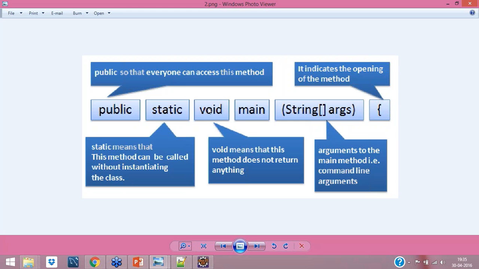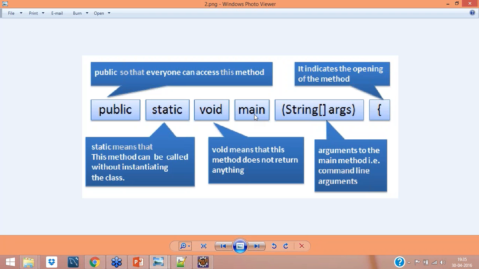So why it is void, why it is static, why it is public, I have explained right now. But you can ask me one question: does it always have to be public static void, or can I change it? I'll say the answer is that you cannot, because the JVM has these things inside it. Who invented the JVM?